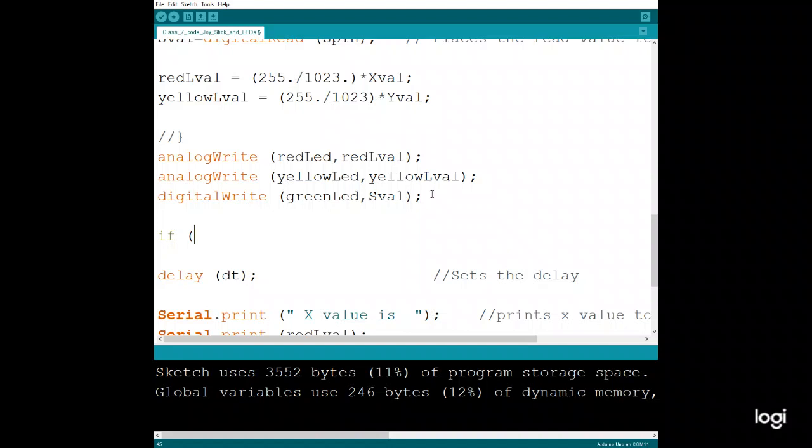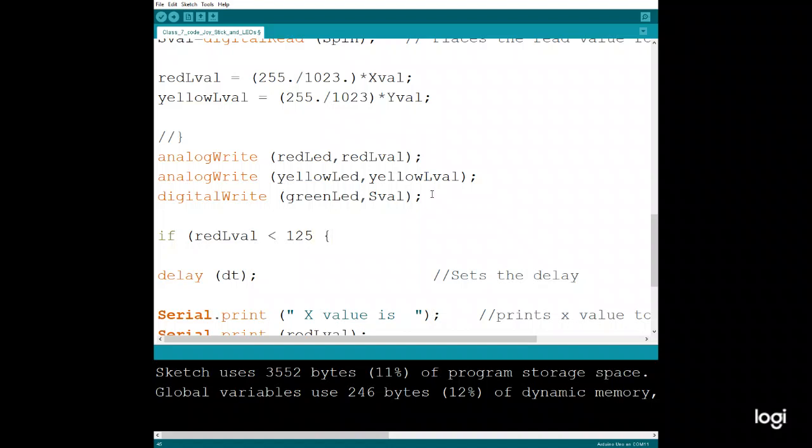If, I want to say this, red L value is less than 125, I think is what I remember my neutral position is,